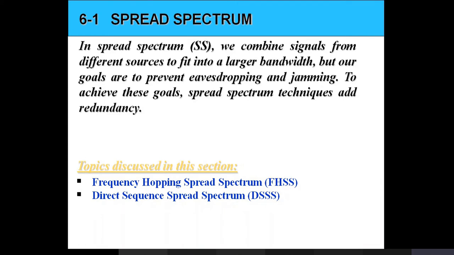Jamming means there is one technique called denial of service in network security. There will be some third person who keeps on sending unnecessary data and makes the server busy. That technique we call denial of service. Due to that, it leads to network traffic, and there may be a possibility of jamming, so it may not send the data at the expected time. These are the different issues that arise, and they have to be taken care of when we are using all these methods.